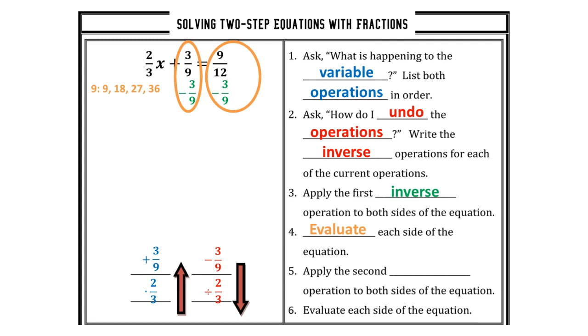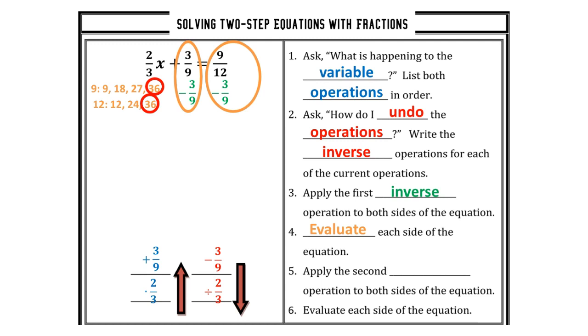In order to do that, I have to have common denominators. So I'm going to find my lowest common multiple. I listed out my multiples of 9. 9 times 1 is 9. 9 times 2 is 18. 9 times 3, etc. I'm going to do the same thing with 12. If I look at my lists, the lowest common multiple, the smallest number in each list, is